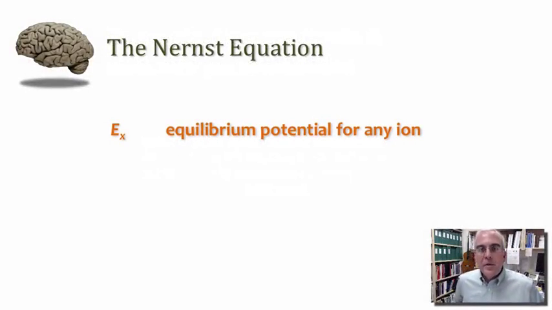Okay, now I think we're ready to consider in more formal, even mathematical terms, how we can predict the equilibrium potential if we know a permeant ion and its concentration gradient. Well, the good news is that this has been worked out, and there's a formulation that explains the relationship called